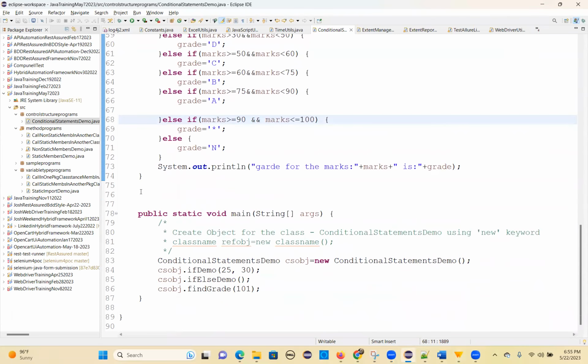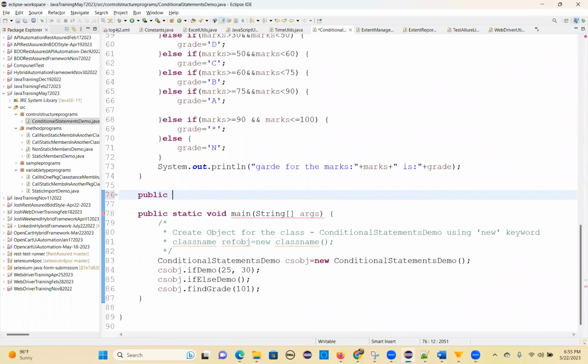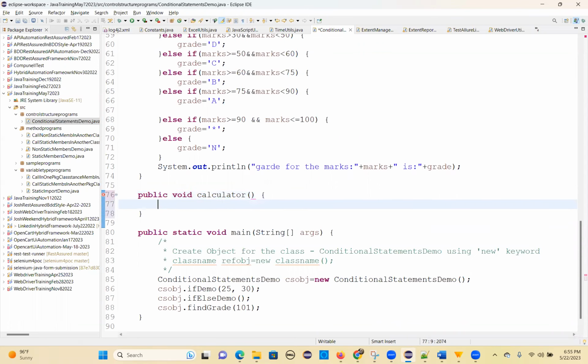Let's see the last program. So, calculator. Let's prepare the calculator. For this, I'm going to show you